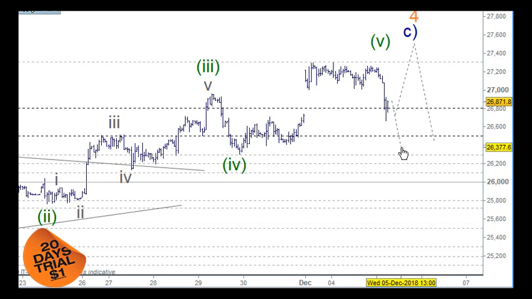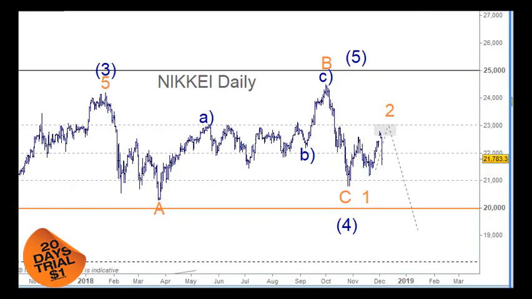I want to see it move down, and then I want to see the corrective move up, and then we'll put our trigger onto this to the downside. So let's just allow this to work out a little bit further here, and going into Japan here.